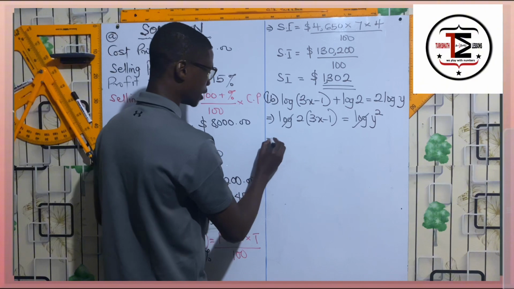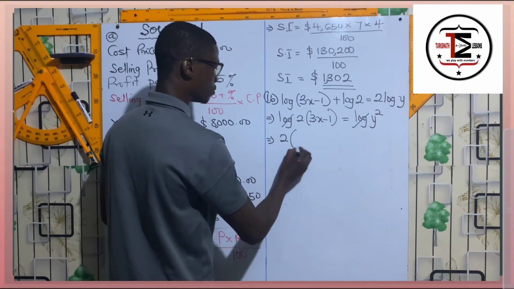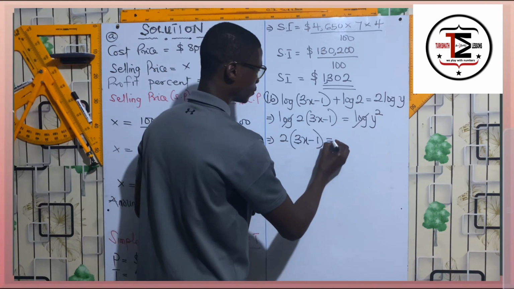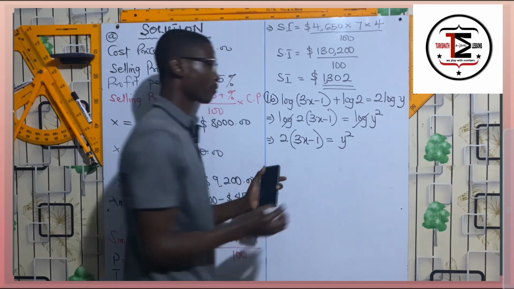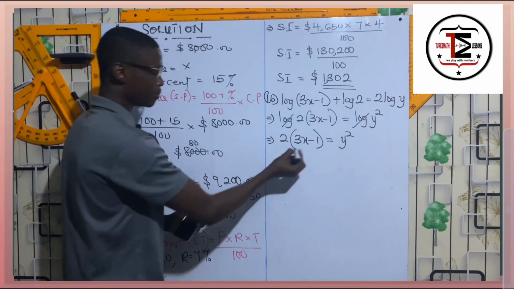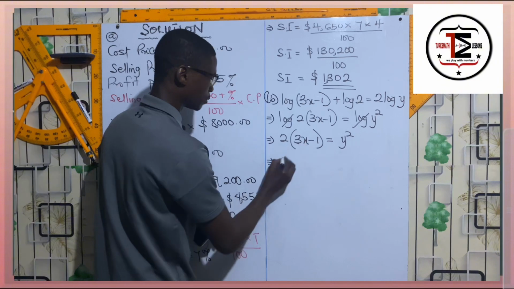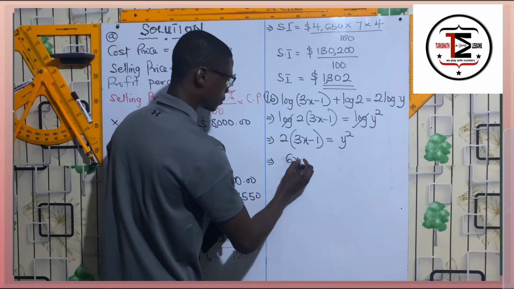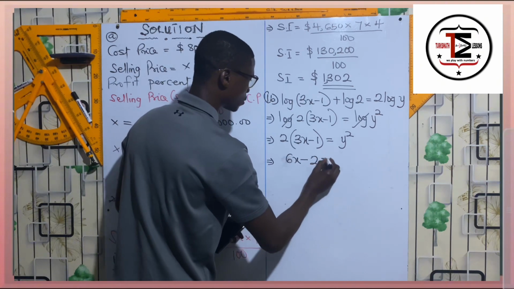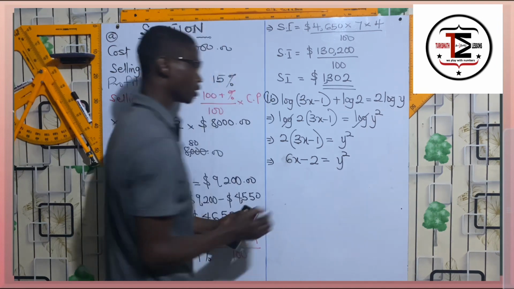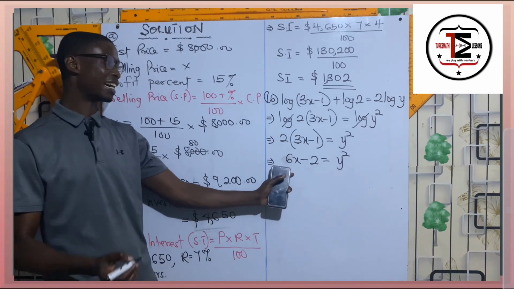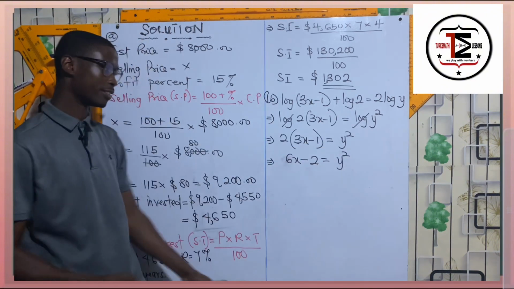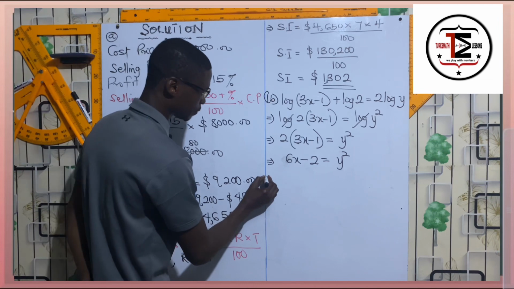Then I'll have a nice equation here, which is what? 2 into bracket, so that's what we are having. Now we need to open the brackets. Good. So we have this now. So now let's group like terms, because we are making x the subject. So I'll transpose this one to the other side, the right side. So when I transpose this, I'm going to have